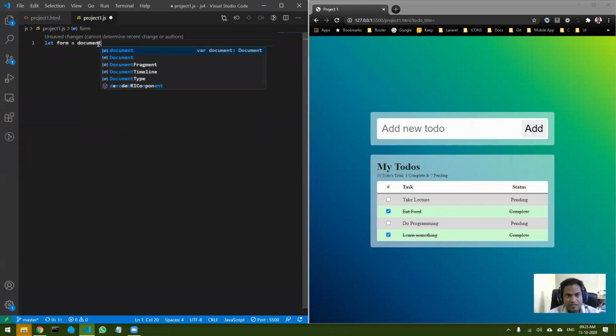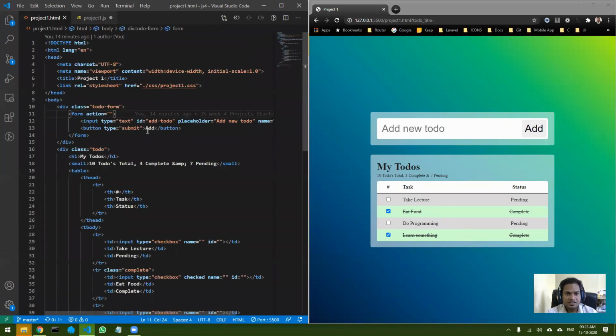Can anyone tell me how to select the button? I want to first select the button, and I also want to select the input element. I want to select both these things separately. I need not select the form.